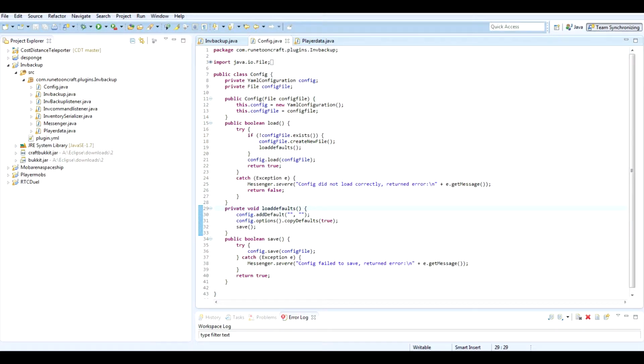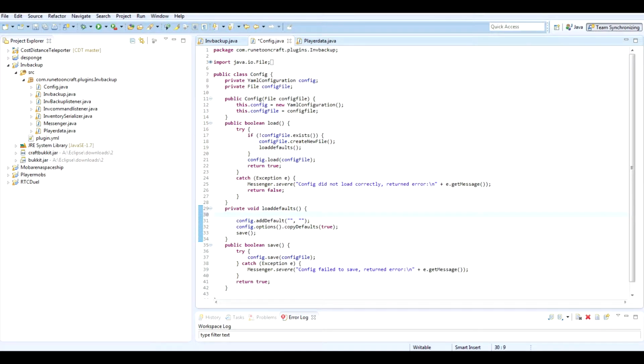So anyway, down here we were loading defaults in our main config class. Down here we're going to add a new array list, so a string array list of players. And we're going to start this out completely empty, so we'll just do that. And then for our first default, we're going to add default players.list, and then we'll do